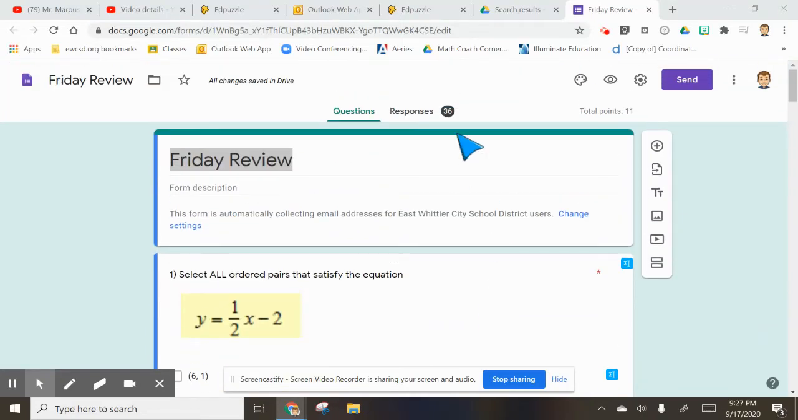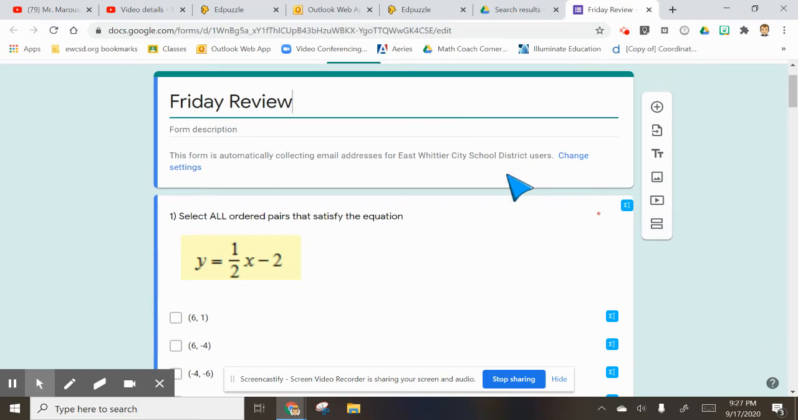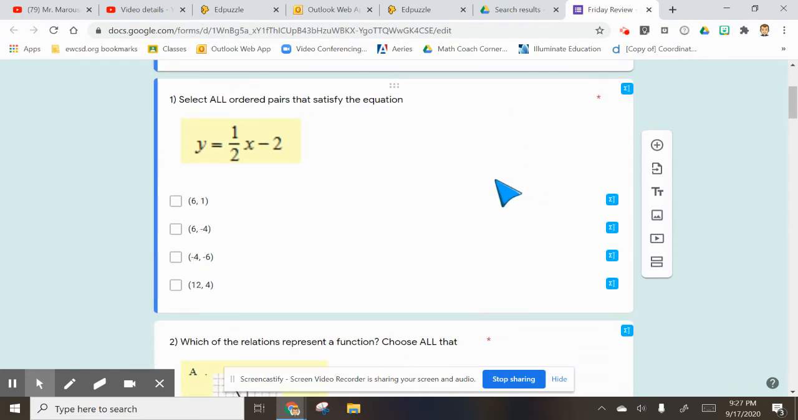All right, this is an old quiz I gave last year, and I really want you guys to look at it and get a sense of what's going on here. When I say select all ordered pairs that satisfy the equation, you have to remember satisfy means that makes the equation actually work. So, look at all these coordinates,